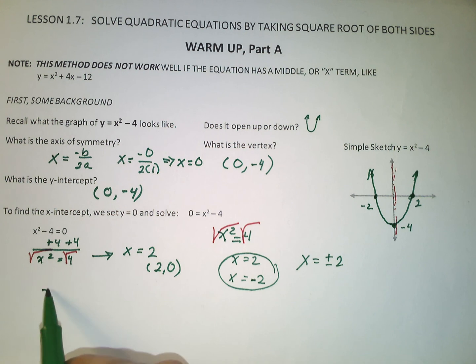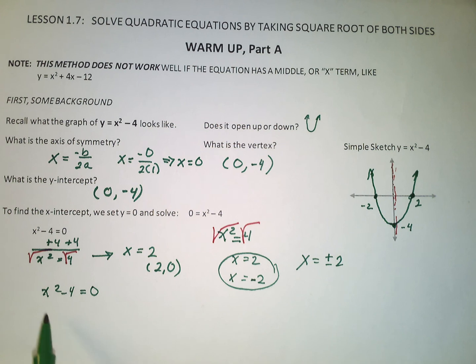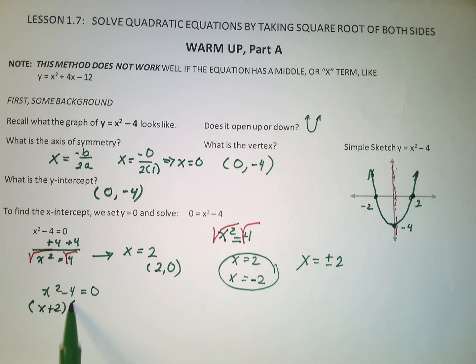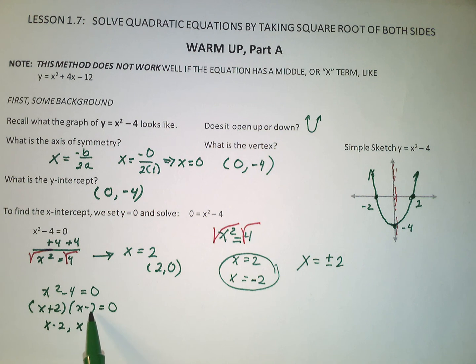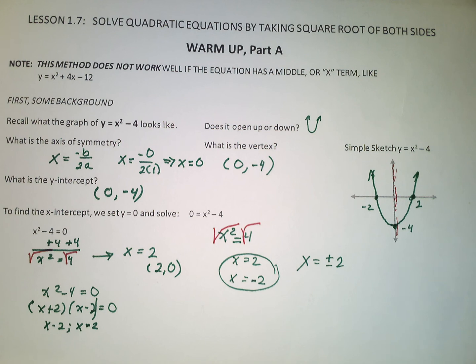Now, some of you might have looked at this same problem and realized that this is the difference of two perfect squares. And when you solve it that way, you don't lose one of the roots. You get both of the roots. So that's it for the first part of the warm-up. If you could find the other sheet with part